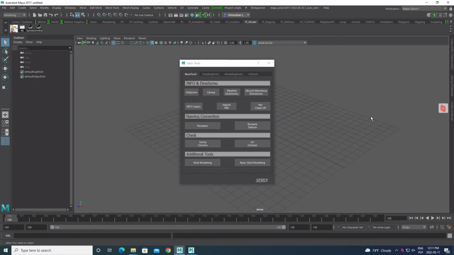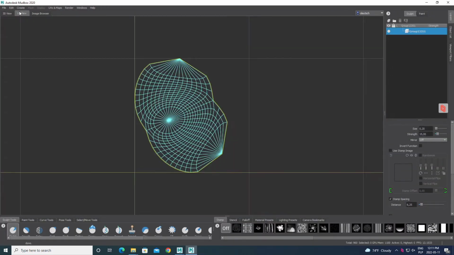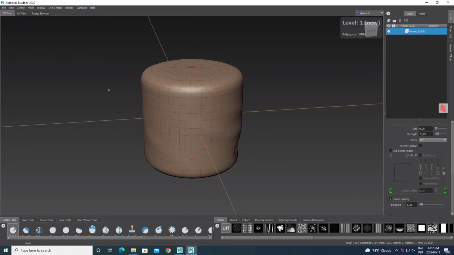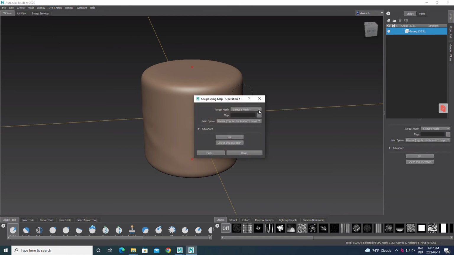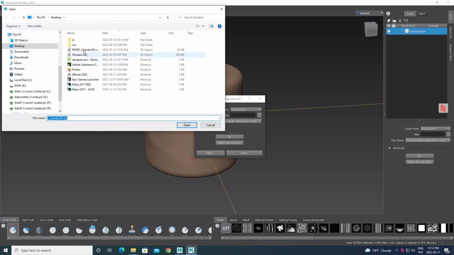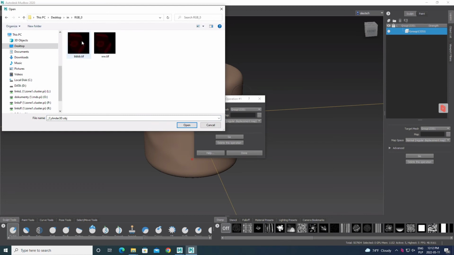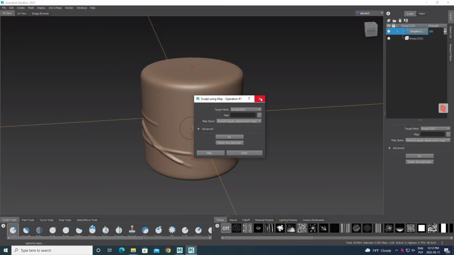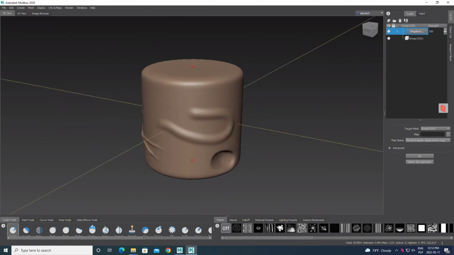And now I'm just gonna, like, I have this scene in Mudbox that is the same UV, so I'm gonna just subdivide it. Let's do it like this. So UV maps, and I'm gonna use sculpt UV, select the mesh, and go for the textures that are in they're both the same. So I'm just gonna go, and now we have a sculpted detail on our mesh, and